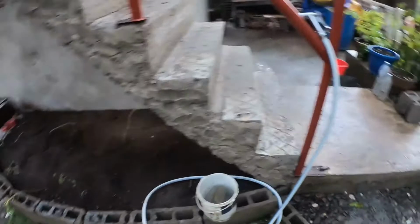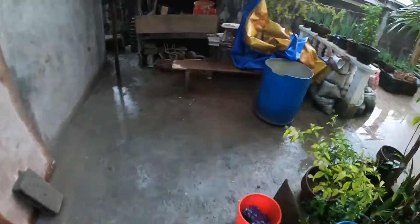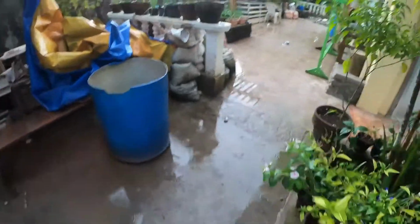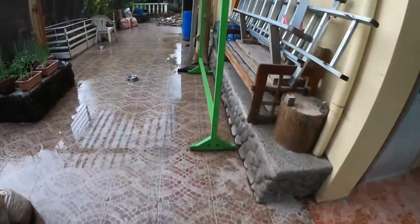So that's going to be it for today, for build day 8 on the water storage, kitchen renovation, and now the interior staircase. So until next time,